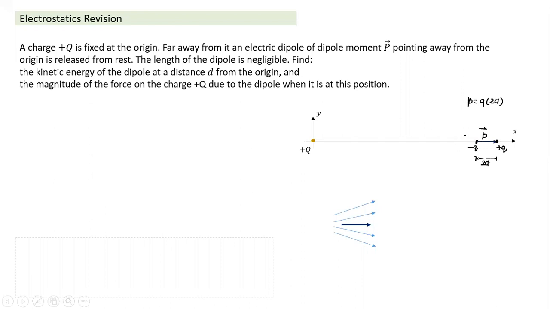In this case, what we notice is that yes, there's a field at this point and a field at this point. Between the two points, at which point is the field more? The field at this point is more, and at this point the field is less. If I mark the forces here, the forces will be like this. At this point the field is towards right, so the force will act towards left. If this field strength is smaller, the right side force is smaller than the force acting towards the origin. So if the field is diminishing along the x direction and a dipole is placed like this, it will experience a force in the negative direction.